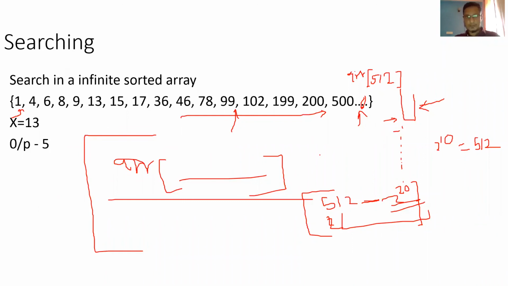Who was that? It was Parth, I believe, who had asked the question. If the element is not found till find 12, then find 12 will be the next low. That's right. So your next low will be find 12, and the high will be the next element you are going to compute. And it will keep changing, which is a constant operation. So the time complexity will not change with that. We don't add that constant operation into the time complexity calculation, so it still remains constant.